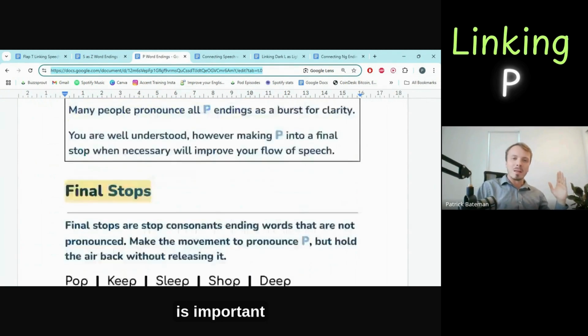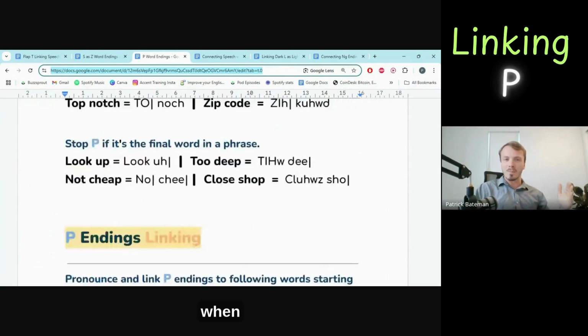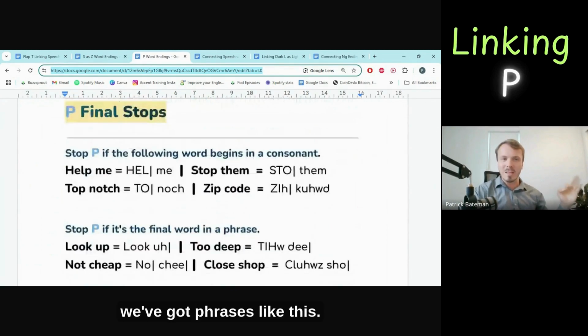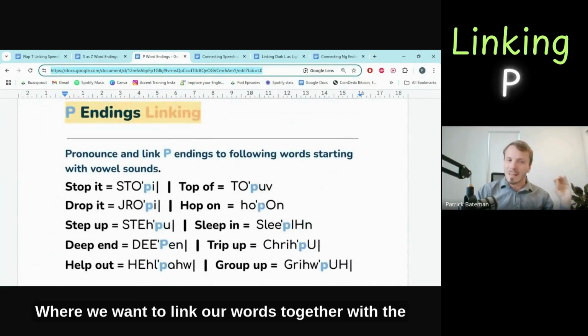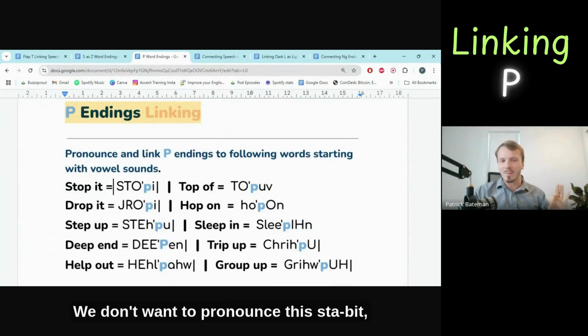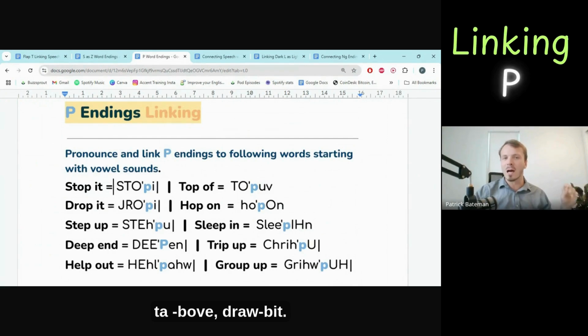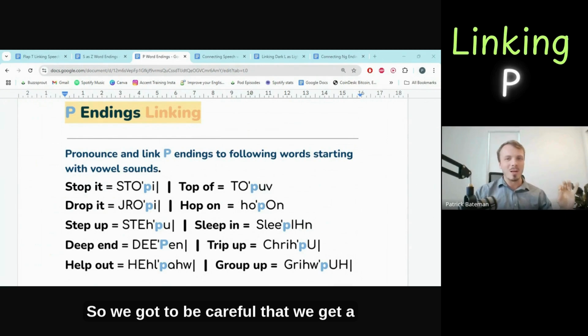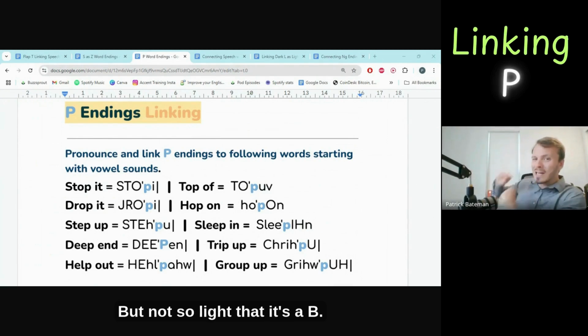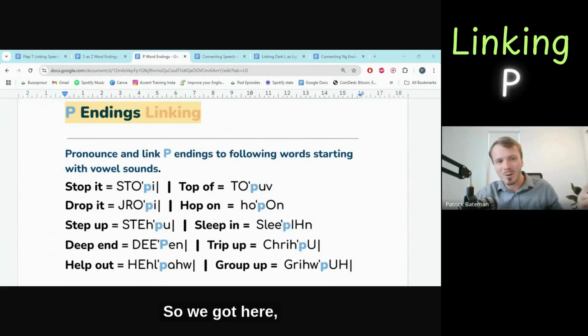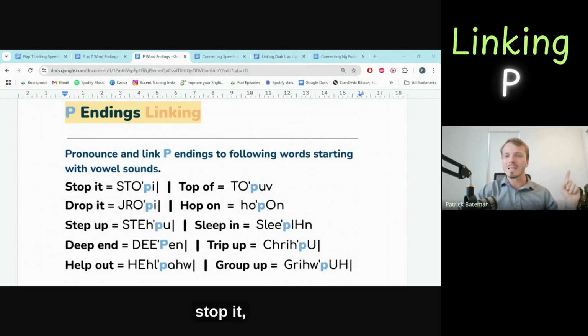Now, that is important when we've got phrases like these down here, where we want to link our words together with the P. We don't want to pronounce this "stab it," "tabov," "drop it." So we've got to be careful that we get a light, soft P, but not so light that it's a B. So we've got here, stop it,